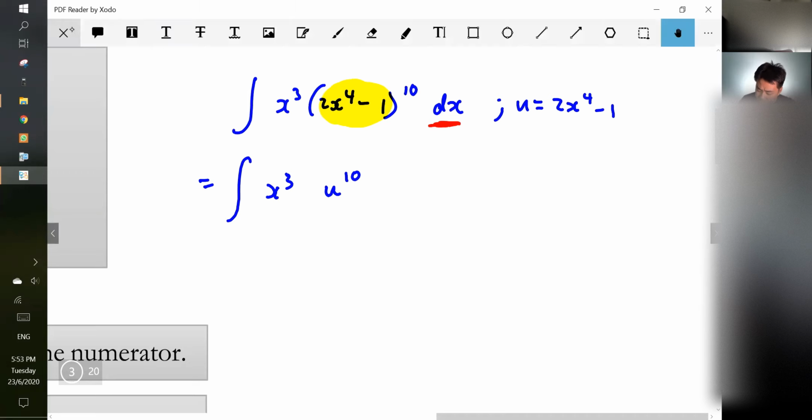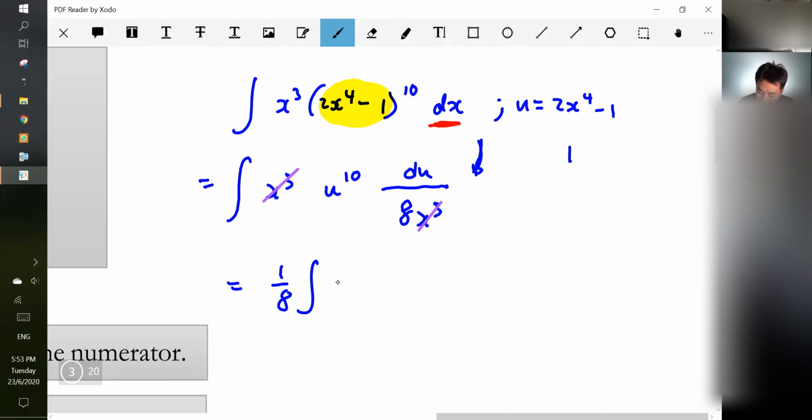So this part here, you put a du, but in order for you to be mathematically sound, you can't just change dx to du. You need to replace dx with du over something else. It means it's actually the derivative. You just divide by its derivative. Okay, so this derivative here will cancel away, and you can reduce this to an O-level form, which is u^10